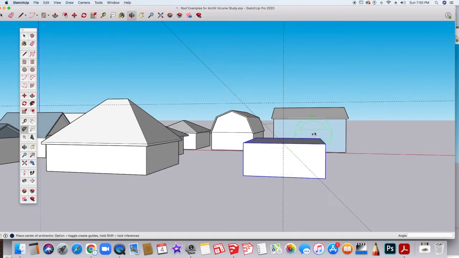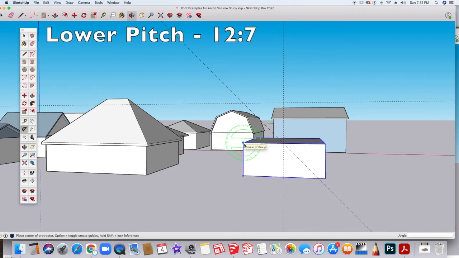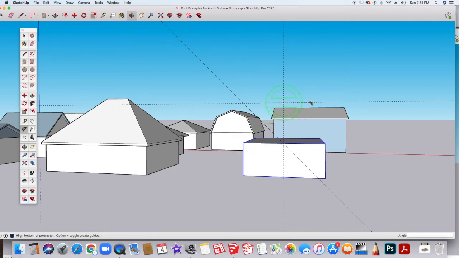So now if I look at this, I can see I have the 45-degree angle. I know where the top is going to go, and I also know where it's going to end. The interesting thing about gambrel roofs is it's a 7/12 pitch. The lower part is 12/7, and the upper part is 7/12. We're going to click here, and we're going to pull out, and we're going to type in 7/12